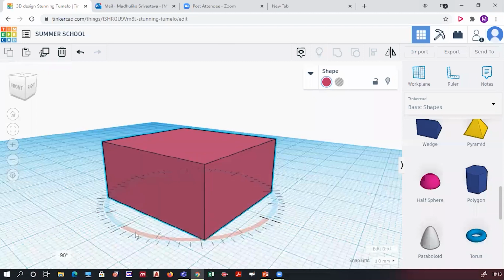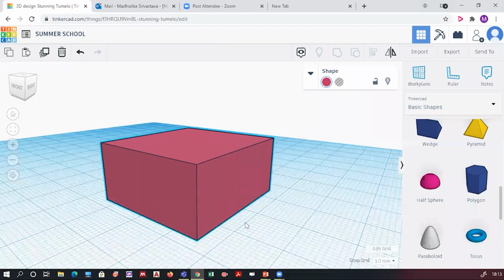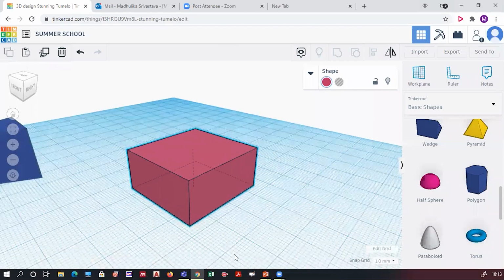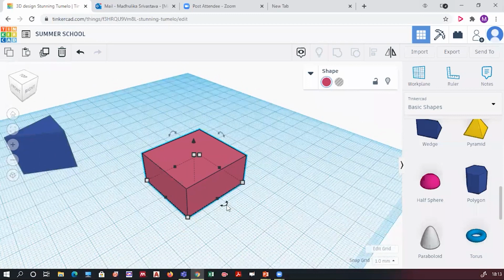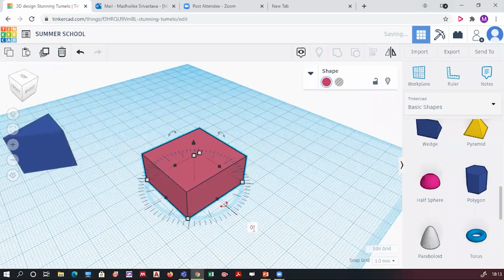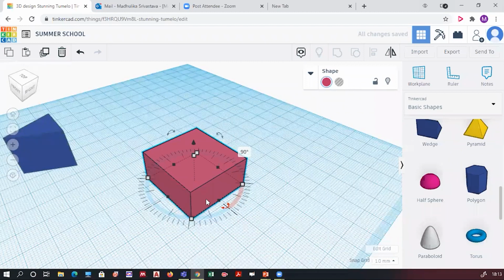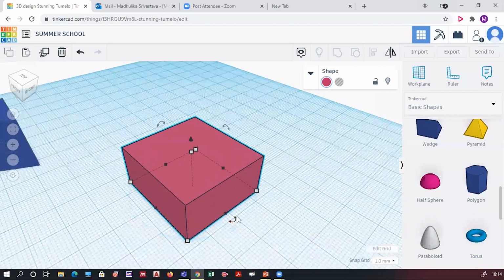It will show you by how much angle it has been rotated. I'll just change my view so that you can easily see. If you want to move it from 0 to 90, you can click on the 0 and just write 90. That is the rotation option I'm talking about. The rotation is given by this double-sided arrow.